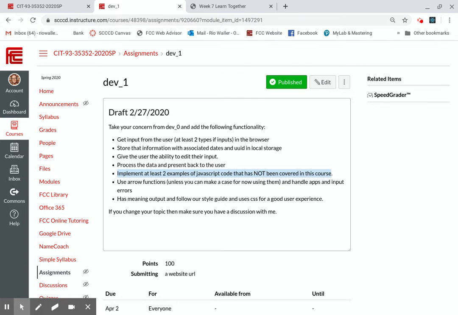Use arrow functions unless you can make a case for not using them. For now, it should be not. And handle app and input errors. Okay. Stuff we'll cover has meaningful output and follows the style guide and uses, and this is the key,